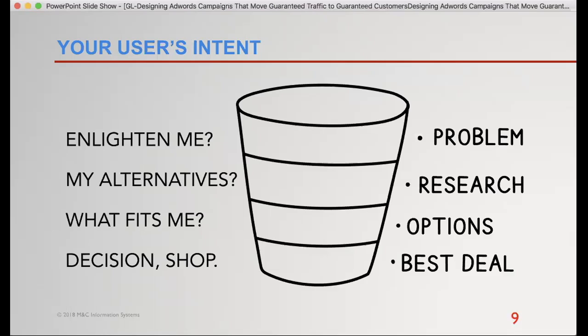The way that you can usually see that is as people go through My Alternatives and which alternative fits me. Inside that My Alternatives is usually where people start to pick up the language, your language, whatever it is that you use internally to describe this problem.